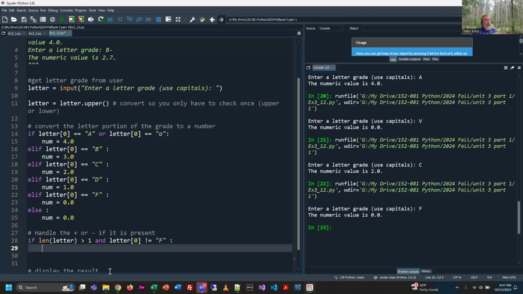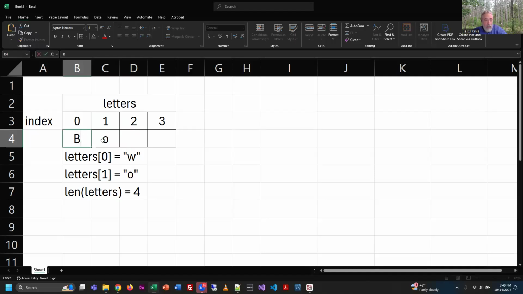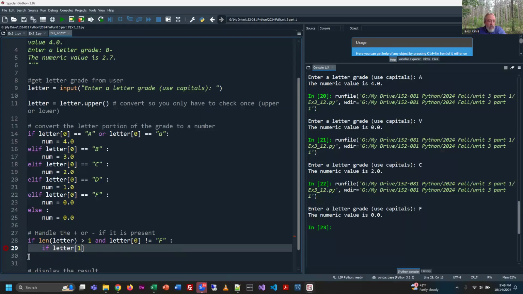All right. So now I got to check to see if the letter in position 1. So in other words, if you're doing the comparison, it's the second position. We're looking for a plus or a minus this time. So what they might actually enter in reality is like B plus, and the plus is a character. So this is the one we're trying to focus on. So we're looking, and I call this letters, but it should be letter, whatever. So we're looking for letter position 1, right? So we're going to say if letter position 1 is equivalent to plus,